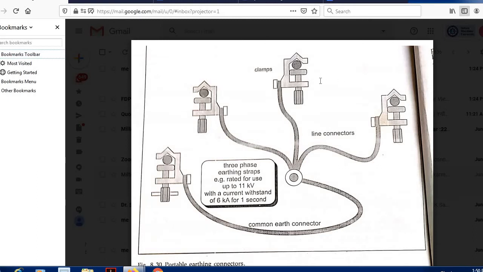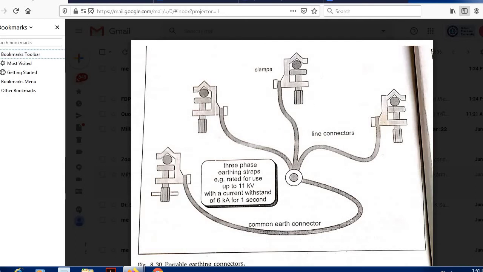Now, if I want to check the insulation resistance, we will be taking out one by one, through the insulated long handle, these 3 earth connectors. So the local earth connector is removed. Now we will do the measuring, and since the conductors are not connected to the ground, we are taking the correct value of the insulation resistance, right? And again, to take out the probe, we have to connect this.